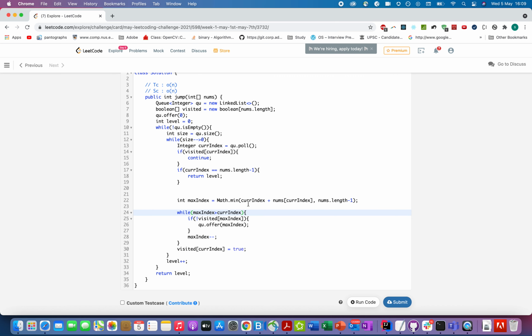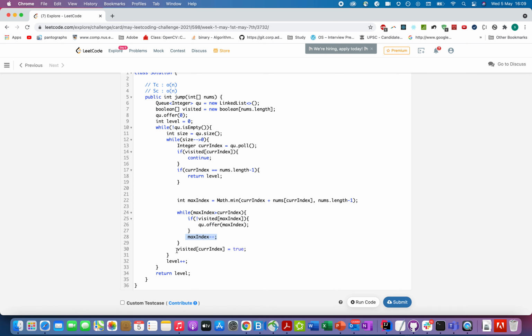because there could be cases where current index plus the value exceeds the length of the input array. In order to handle those cases gracefully, we have to take the minimum value here. So let's continue the iteration till the time max value is greater than the current index. I'll check whether I have visited the max index or not. If I have not visited, I'll add it in the queue and reduce the value of max index.